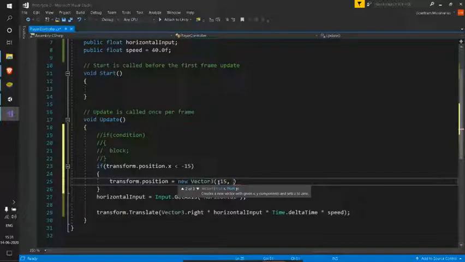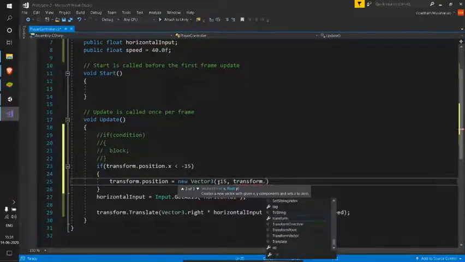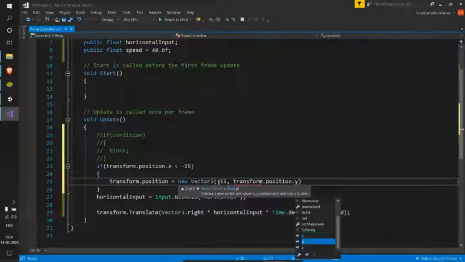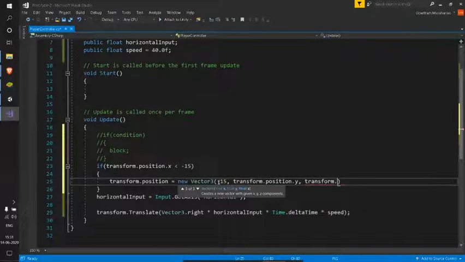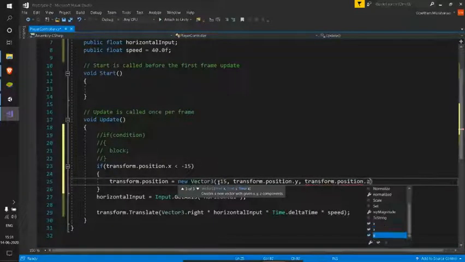In the next update, in the next frame, I'll just take him and place him at minus 15 again. And I'll keep the other axes the same as before: transform.position.y and transform.position.z.